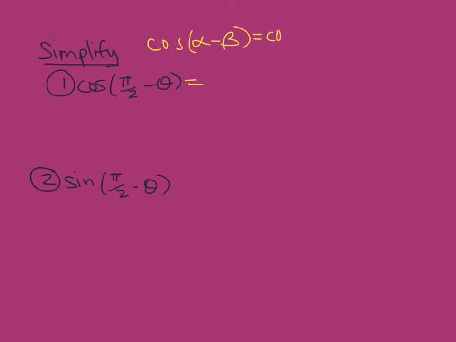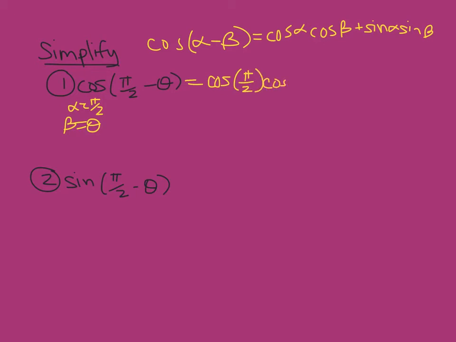is equal to cosine alpha, cosine beta, plus sine alpha, sine beta. And in this case, my alpha value is pi over 2. My beta is going to be that theta. There's lots of Greek letters in this. You can see with trigonometry, we do tend to use a lot of Greek letters. So we can write it out using that identity above. I get cosine of pi over 2 times cosine of theta. It's not negative here. Keep in mind in the identity, this is positive. Plus sine of pi over 2